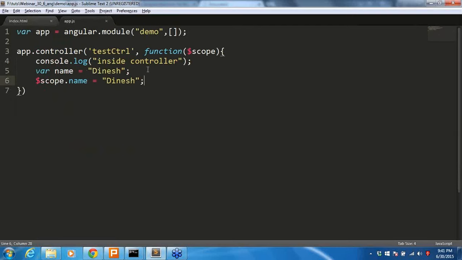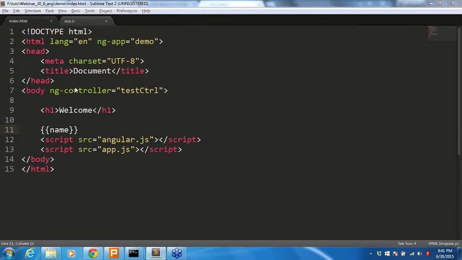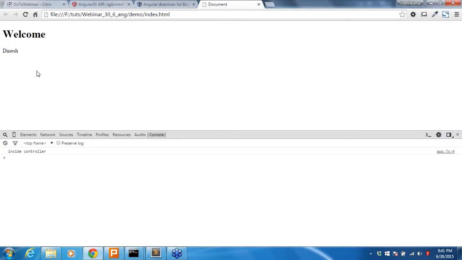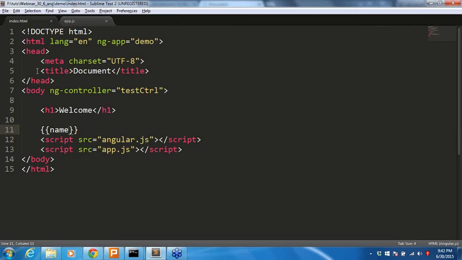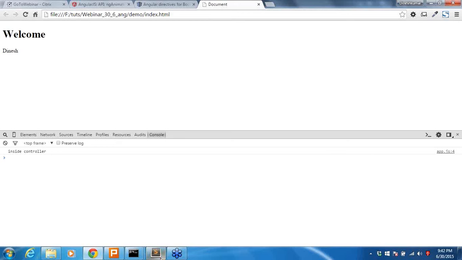It is giving whatever name I passed from the controller, and it has been printed right here in the HTML page. This is what we call data binding in AngularJS. Whatever scope you define for a particular controller, you should be able to access it in the view or template of your controller.